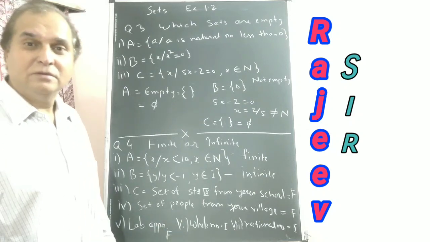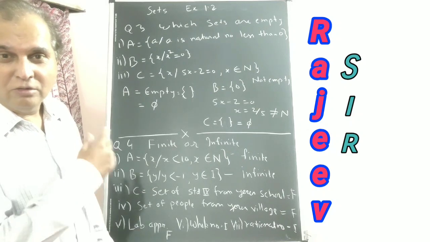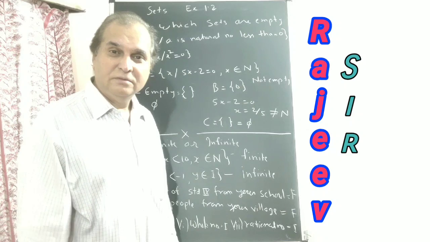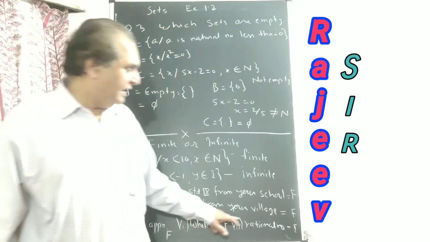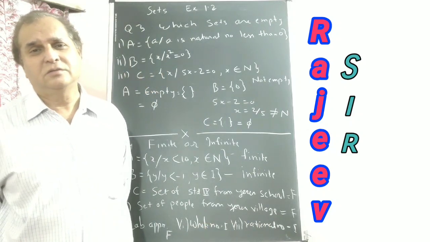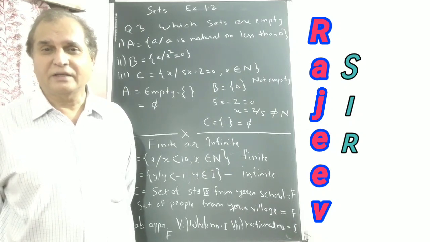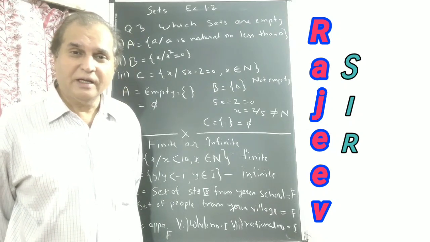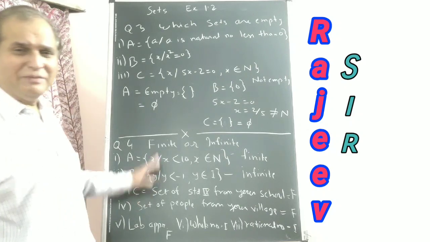Whole numbers. How many whole numbers? It starts from 0, but where it ends, you don't know. Lakh, 10 lakh, crores, billion. So it is an infinite set. Rational numbers, no one knows. A very big set. So many fractions, decimal fractions, vulgar fractions. So many rational numbers. Infinite set.